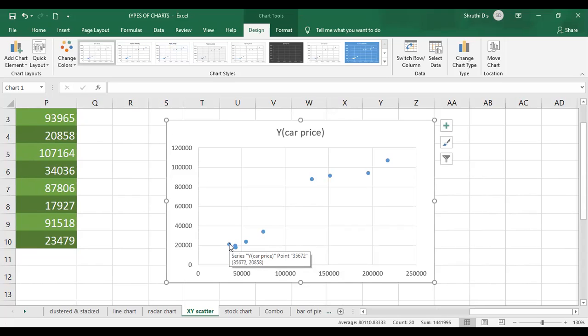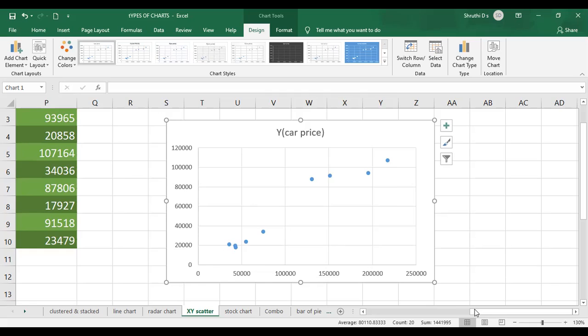If there is a relationship, it is going to show you like this, and plot it over there. So what is the first point? 3,56,72 is the car price, sorry, 3,56,000, and 20,858 is my salary. So that is the relationship it is showing you at this point.